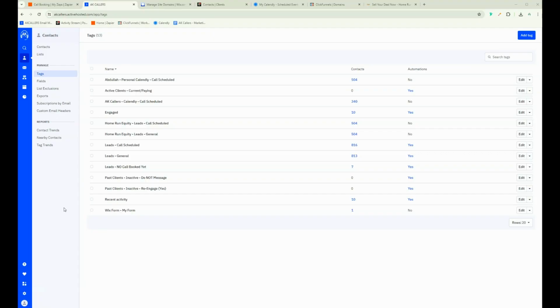out. So we have a couple different platforms here. We've got ActiveCampaign for email marketing. We've got Wix for the website, Podio for the CRM, Calendly for the call booking platform. And of course, we have ClickFunnels as well for a standalone landing page. But we're not really going to be talking about that because that's just a landing page for someone to schedule a call. It doesn't actually take in information. The Calendly form is embedded on the ClickFunnels landing page. So let's start with